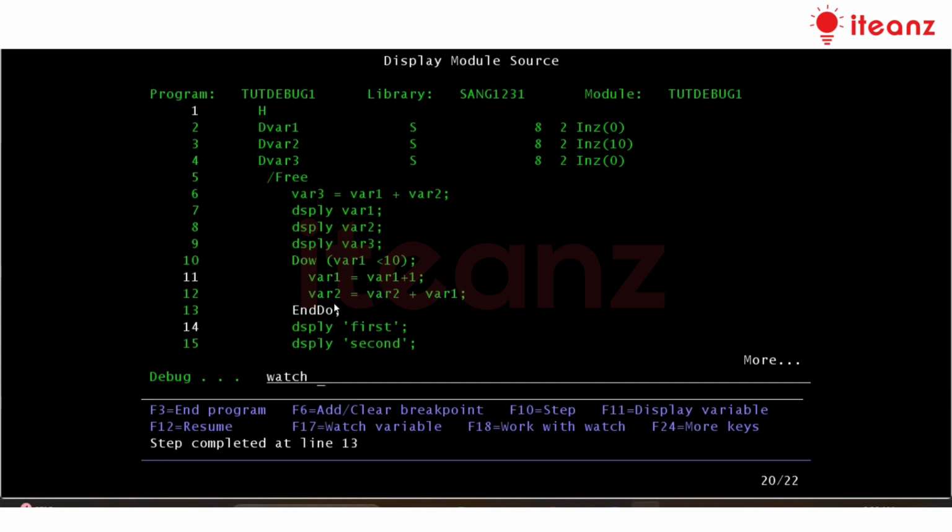Okay, now I will put the watch on var1. So now you see watch number 1 added. Meaning whenever the var1 value is changing, it will automatically stop there. If I hit F12, it will automatically stop whenever the var1 value is changing. So you don't have to put a breakpoint everywhere. If you want to check the value, then you can take